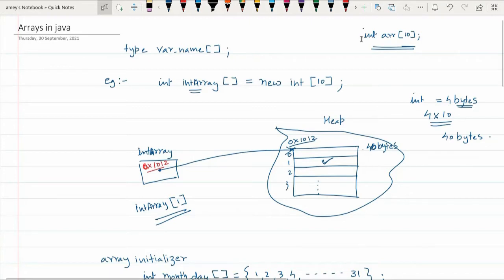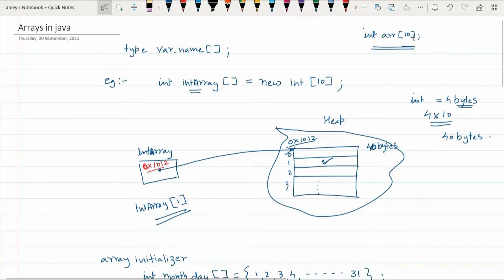In Java, it only tells the JVM that ARR will be the reference name to an array, which will be created later on. Where is it created? In Java, it is created on the right hand side using the new operator. This is different from C++, wherein you could simply write int ARR 10, and by writing this, an array of 10 integers is created in the memory, and ARR is the name given to the starting location of the array in C++.